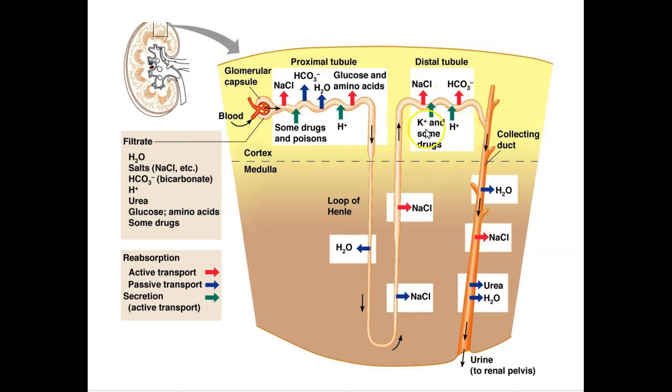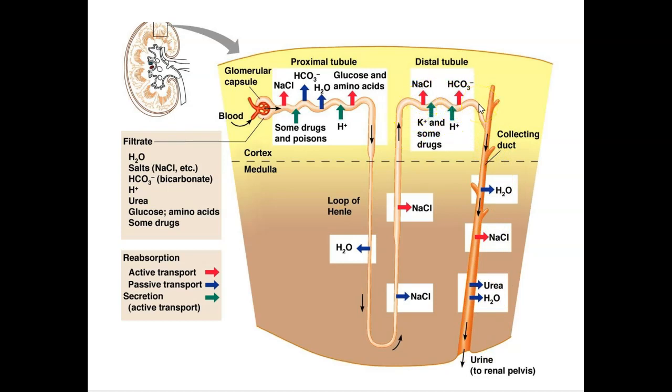As our filtrate went through the nephron, it was processed. And materials were reabsorbed, meaning they left the filtrate and went back to the blood. Most reabsorption happens in the PCT. We did learn that we lose some water in the descending limb and some salts in the ascending limb. And then we talked about some hormones that affect the DCT as well as the collecting duct for that reabsorption